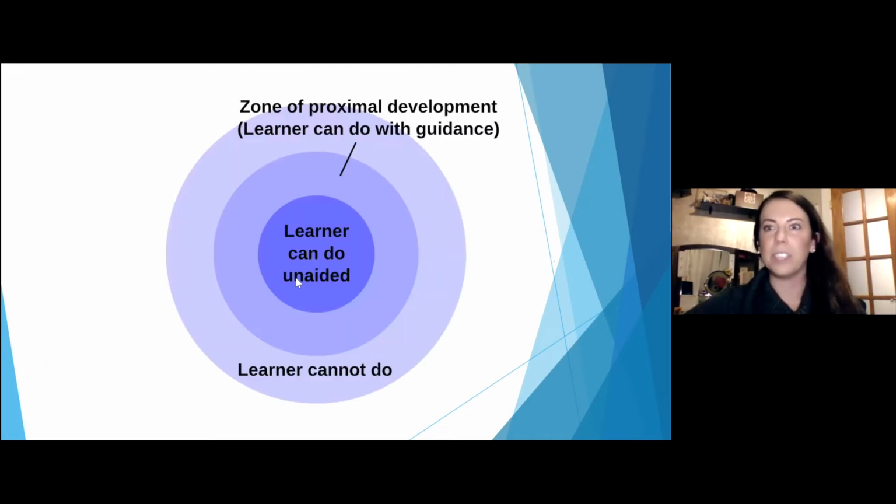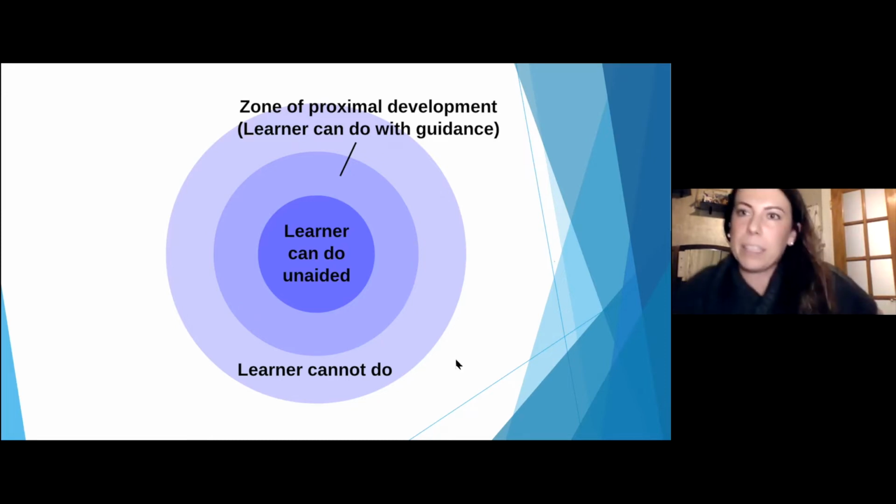Here's a nice visual of what the learner can do unaided, or what they can do independently. And then what can the learner do with guidance? If I provide you with a model, if I am showing you how to do this consistently, are you able to do it? If I give you that support, that verbal feedback, that encouragement, can you do it? And then the outside circle represents what the learner is not able to do. Even if I provide you with all of the support, even if I give you all of the Gatorade and all of the chews that are absolutely possible, no matter what, you cannot go from running 2 feet to 140,000 feet, because it's just something that our bodies aren't meant to do spontaneously.